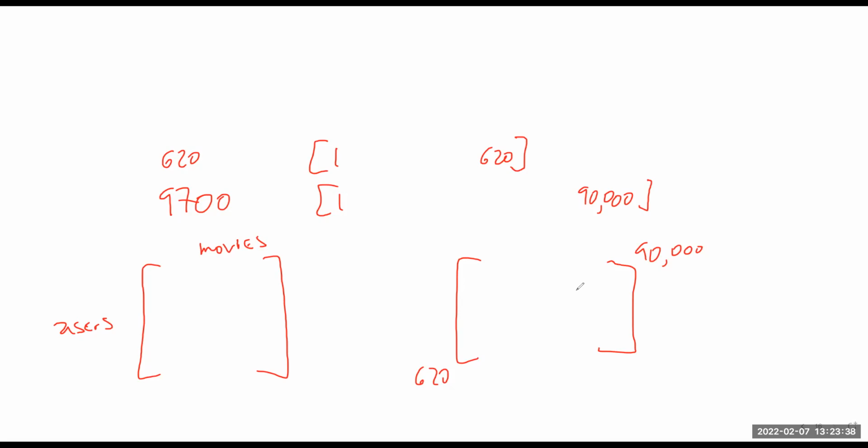This is important because initially you're going to say to yourself, no, if I just leave it at 90,000, the code is pretty easy, so I'm just going to use that code. Sure, that code is easy, but you're hurting yourself because you have a really large matrix. And this 620 by 90,000 is going to take a very long time to process and give your results. Do you see that? So what you want to do is, if you have 9,700 movies or so, make it that size.